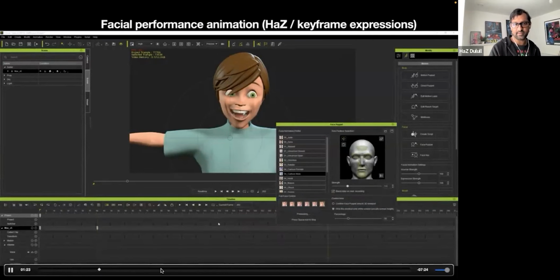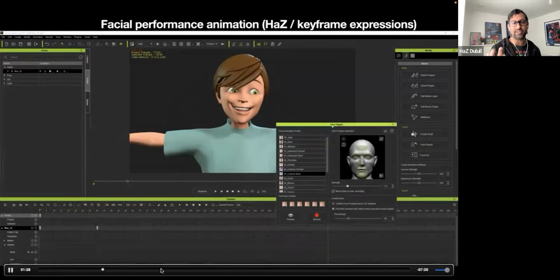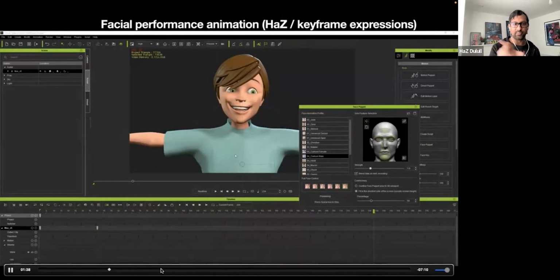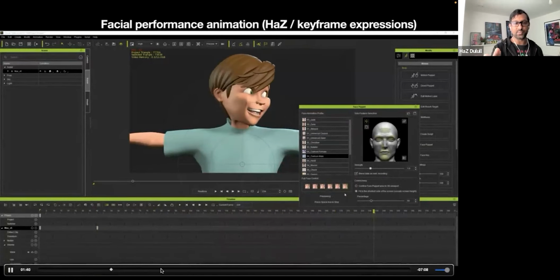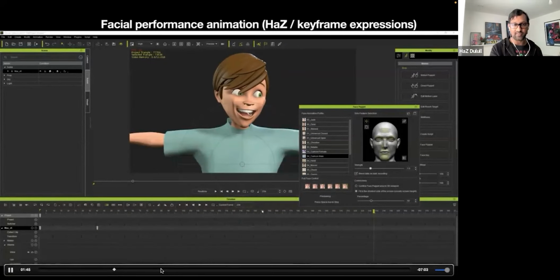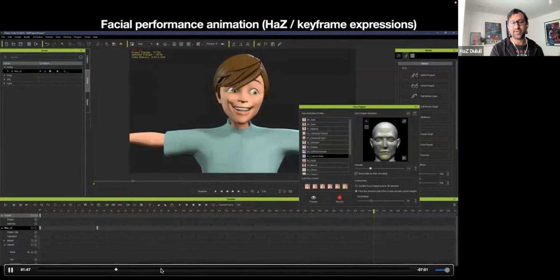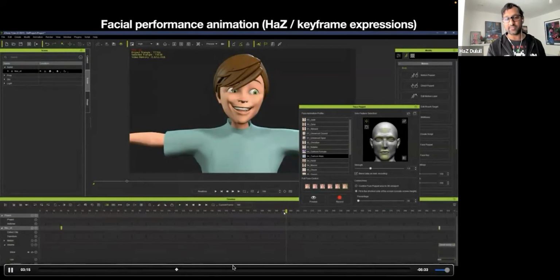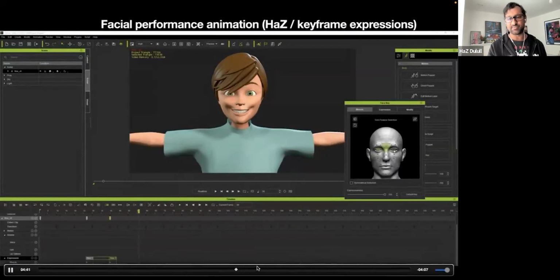You see here, there we go. And this is me, by the way, using my mouse. What's a really great way of working as a director is I would have a Zoom call with my animators, and I would just have iClone open. As I'm talking about various expressions, I would select expressions, move the mouse and communicate this way. I find it so much easier to communicate expressions and animation while having a conversation with animators by doing something like this. And this is all recorded, all saved, and then they can take that and work from that or work from scratch. It's a really good way of communicating, and it's very quick to set up expressions.